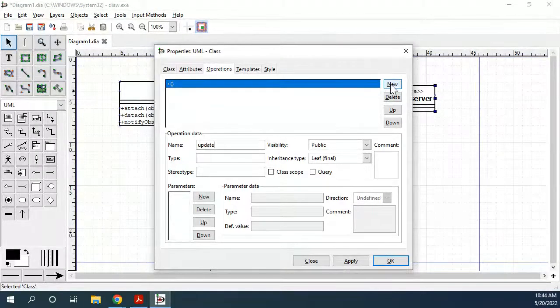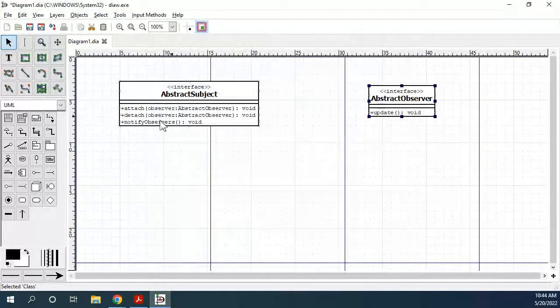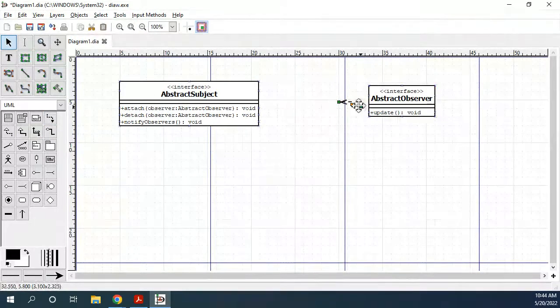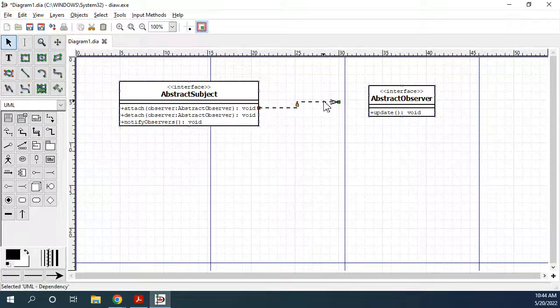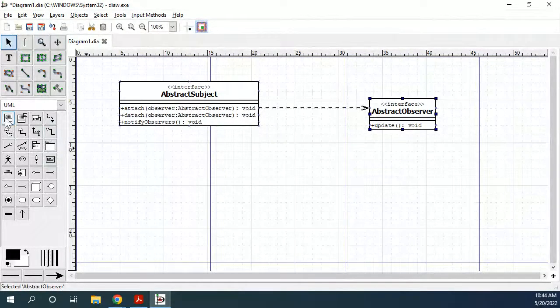Yeah, so and then update. Yeah, so that's the observer. You can show that there's a dependency. Well, let's make it in this direction. Okay, and then